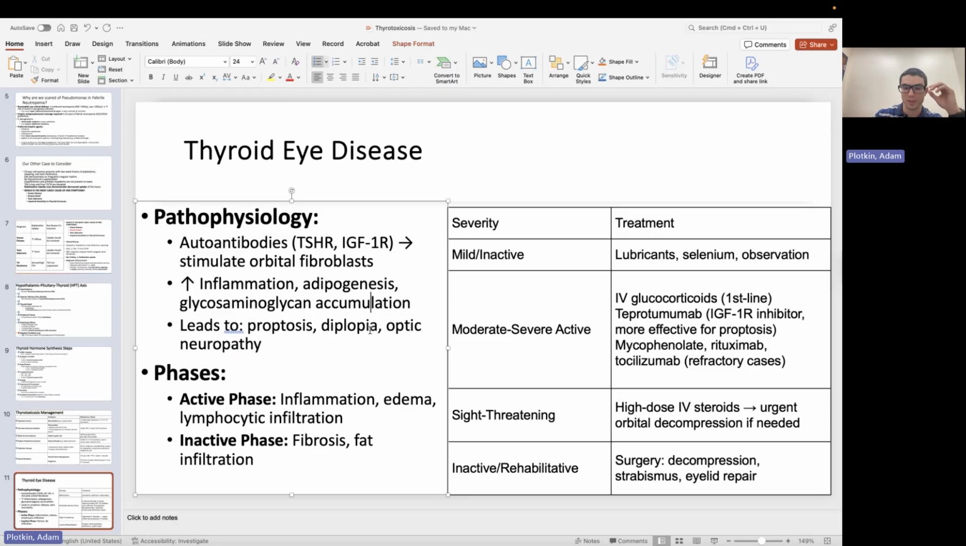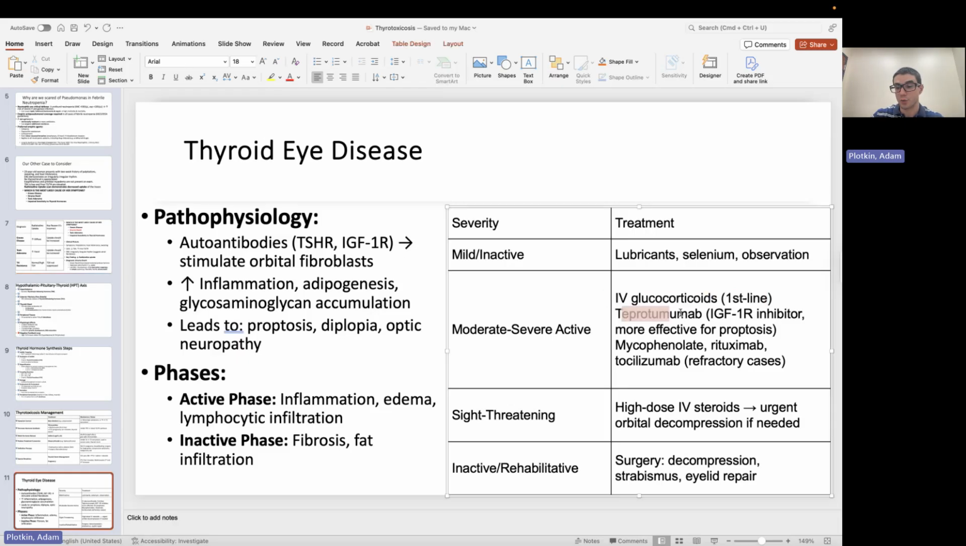So these can lead to proptosis, diplopia, and optic neuropathy. We have an active and inactive phase. The active phase has inflammation, edema, and lymphocytic infiltration. The inactive phase has fibrosis and fat infiltration. If it's mild or inactive disease, we can use lubricants, selenium, and observation. If it's moderate to severe,